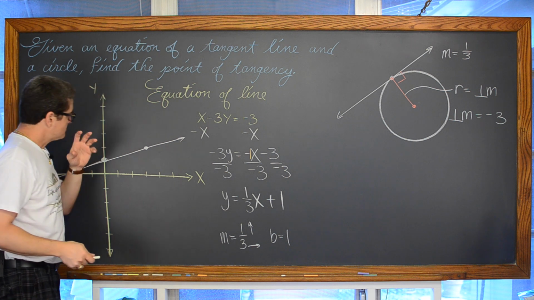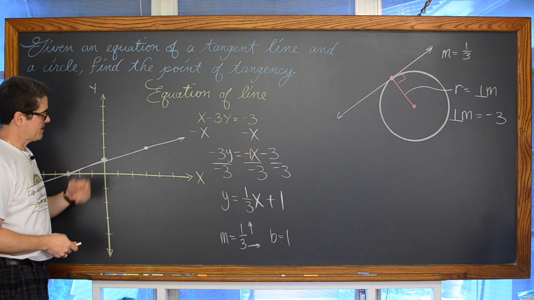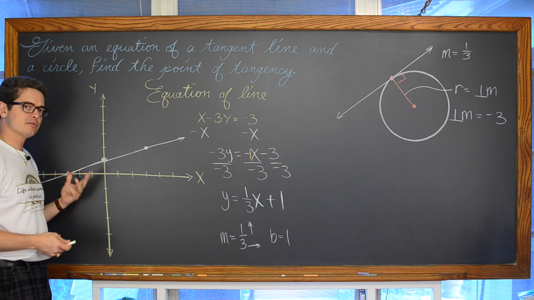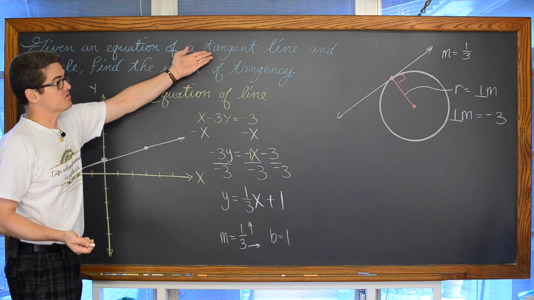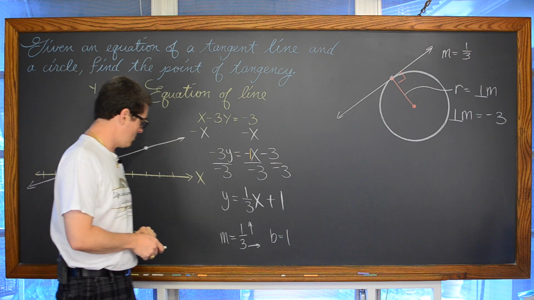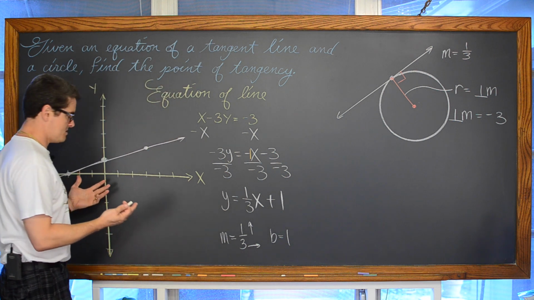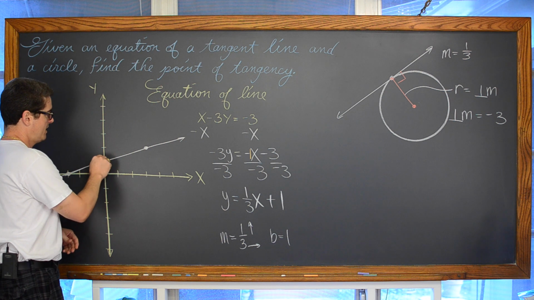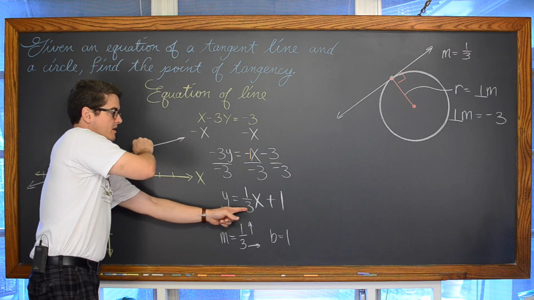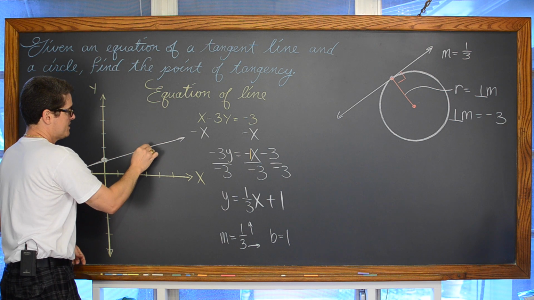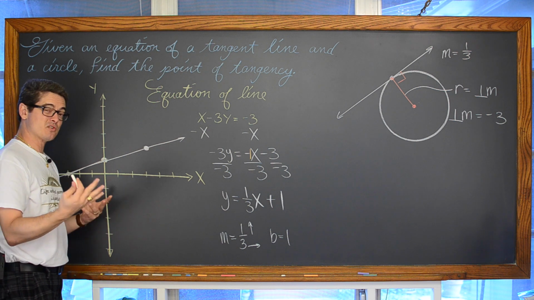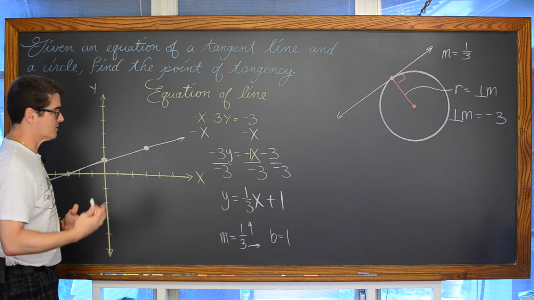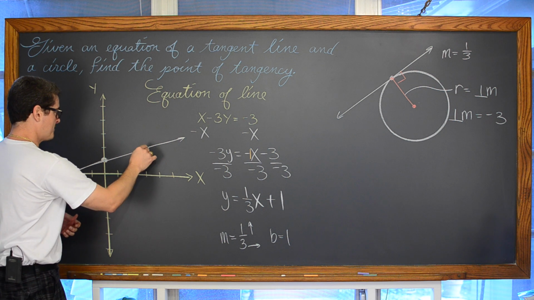So I'm creating an example for us. I've got a tangent line. I need a circle. The circle can be anywhere along this line as long as, of course, it's tangent. It only touches the circle in one spot. So I'm going to pick a nice easy point like, well, we had a y-intercept here of (0, 1), and then we went up 1 and over 3 because of the slope. And let's just use that as our point of tangency. So I got the answer to the problem before we've even started because we're creating the example to help you do some other problems in your book.